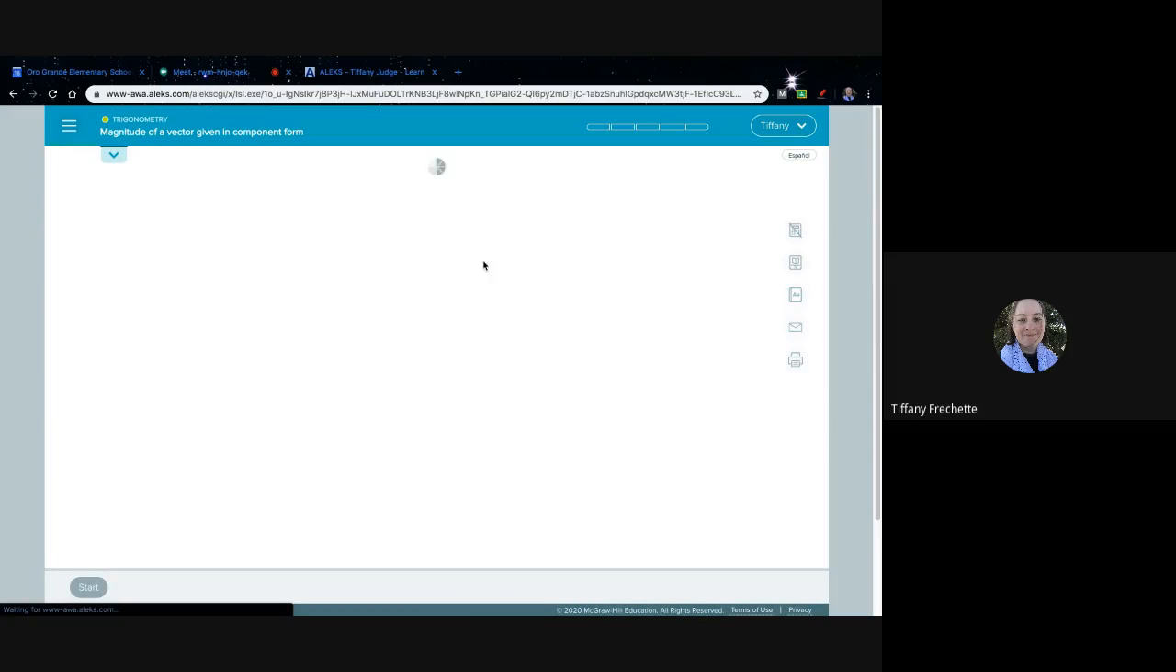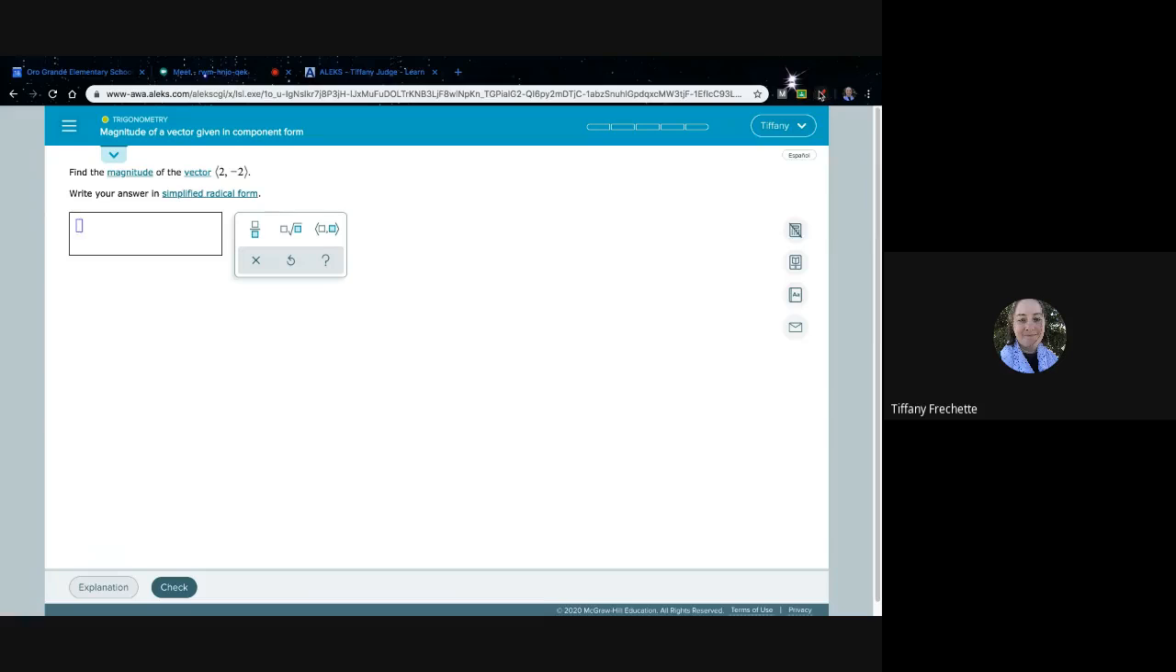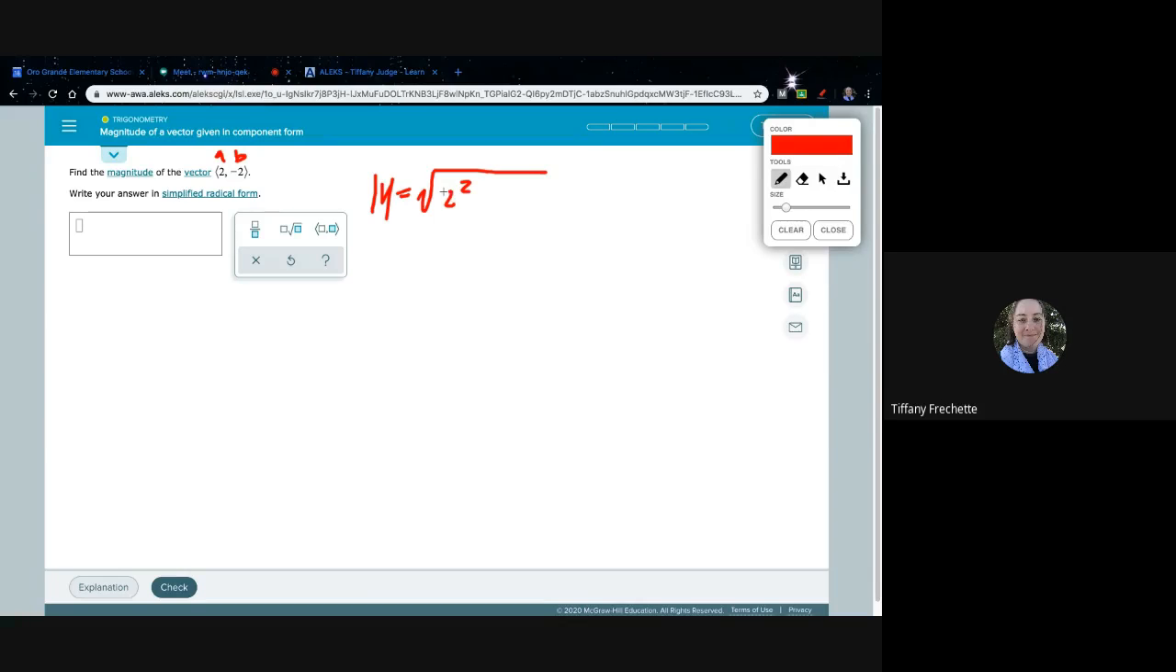All right, so let's go ahead and try this one out for ourselves. I'm going to turn the pen tool on here. So we have the vector distance equals the square root. Remember, this is a and this is b, so we're just going to do a squared plus b squared. So we end up with 4 plus 4. 2 times 2 is 4. Negative 2 times negative 2 is also 4. So two negatives make a positive. So we end up with